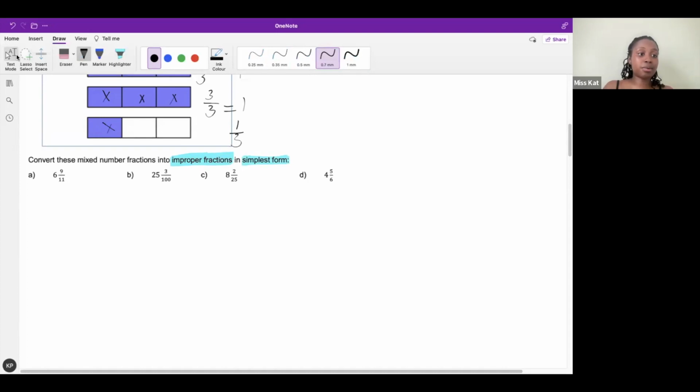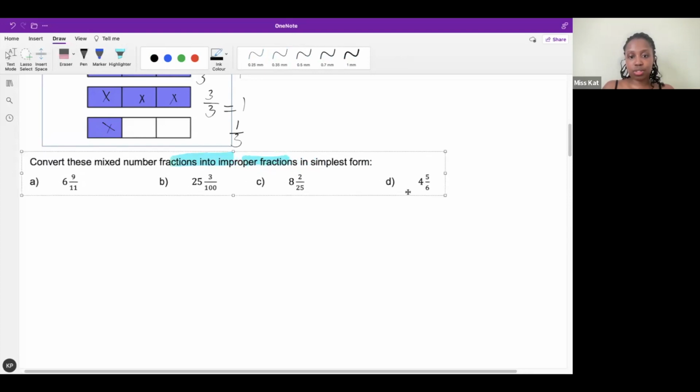I'm going to make this a little bit bigger so you guys can see properly. I feel like they might be a little bit small. Okay, let me do this. Hopefully that's a bit easier to see on your side. So what I was saying is we are taking mixed numbers, excuse me, changing them to improper fractions in the simplest form. So my first one is